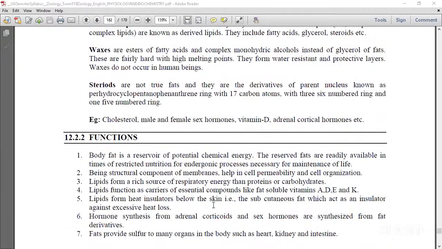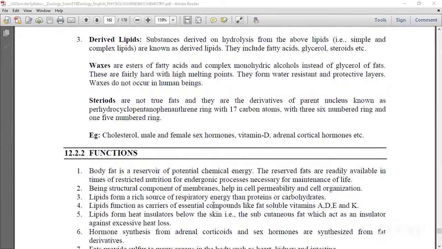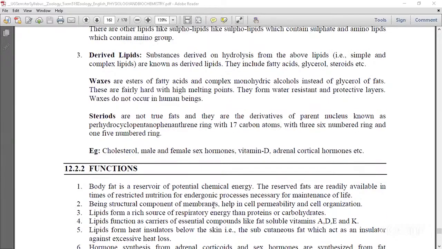What are the major functions of the fats? Yes, body fat is the reservoir of potential chemical energy. The reserved fats are already available in times of restricted nutrition for the endergonic process. Exergonic means the releasing of the ATP. Endergonic means requirement of the energy for leading the metabolic pathways,